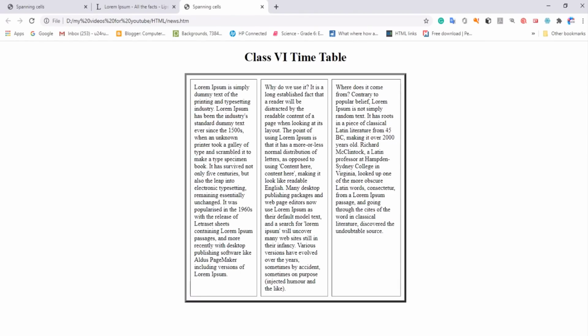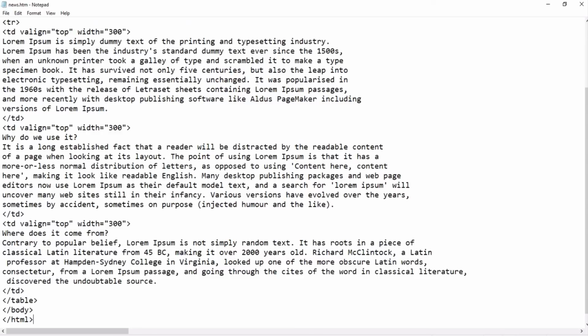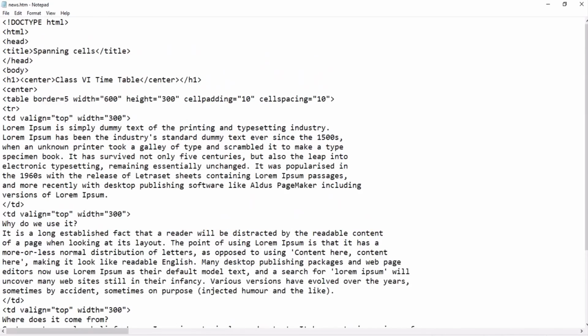Oh, great. That depends on your data. So this is how you can create the newspaper style columns here in the web page. That depends on you how many columns you want. I have used 3, so you can do more.